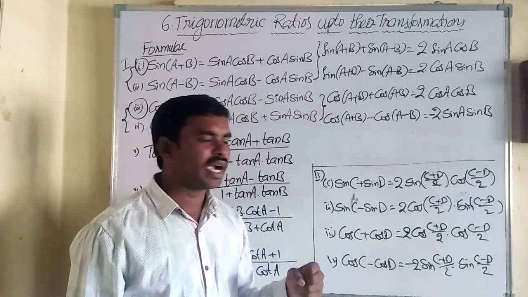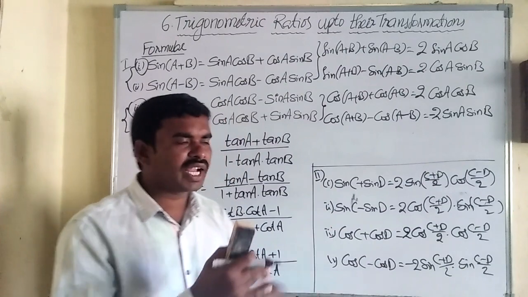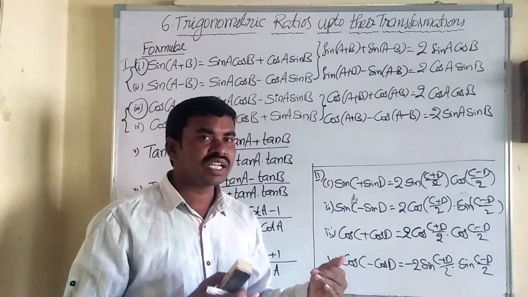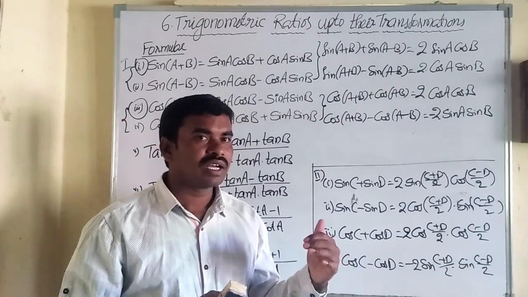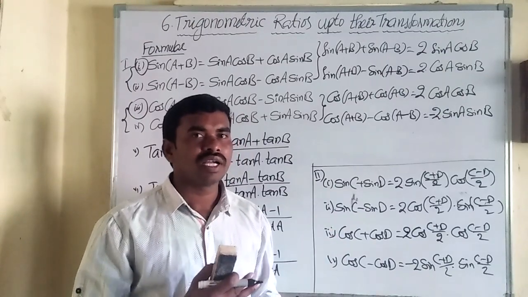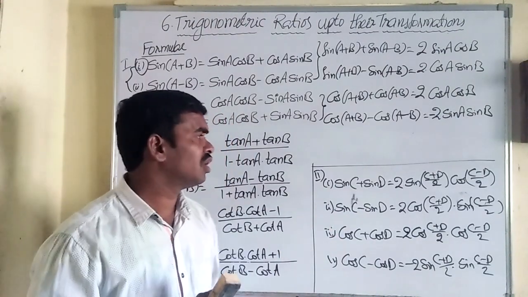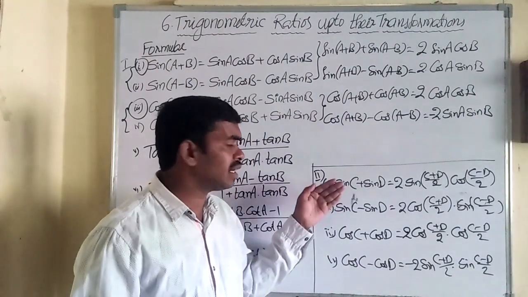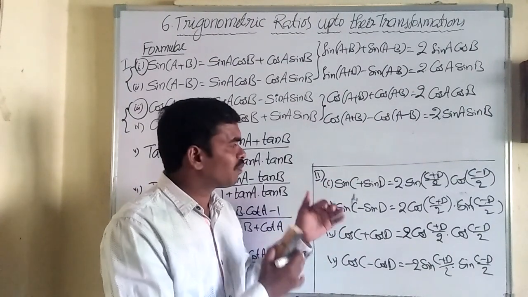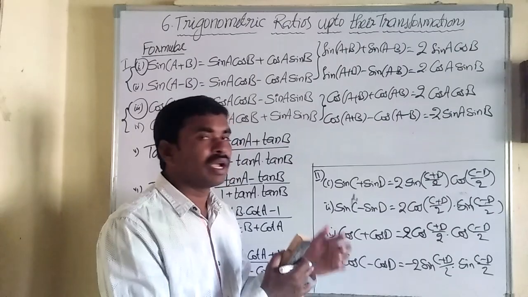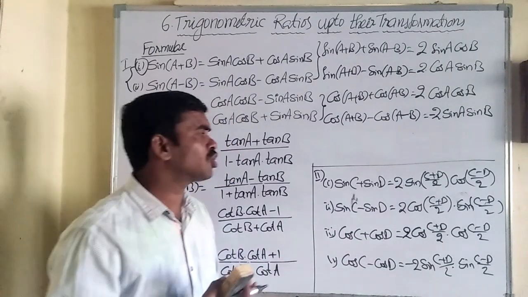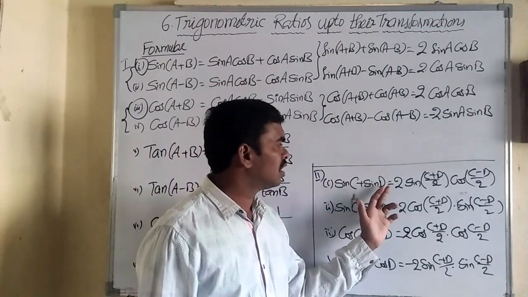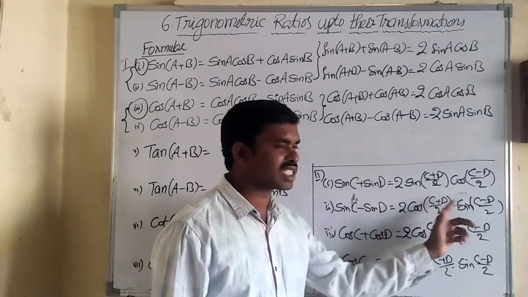You have to read again and again, one by one. After learning 4 formulas, we should create a process. In which way I practice, in which way I learn by heart, how to remember, that depends on you. According to your mindset, you can make the formulas easier to remember. My suggestion: just read sin C plus sin D, then 2 sin cos. For the next formula, 2 cos sin.